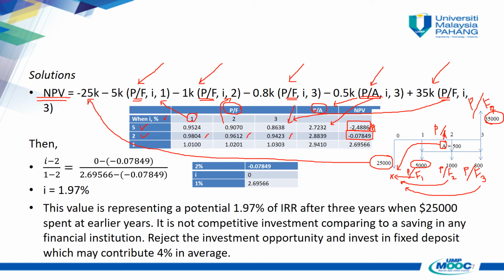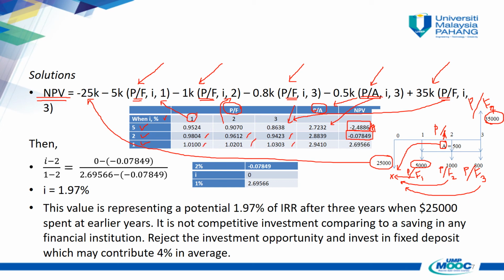However, we know that the value is almost near to 0, so we directly know this is not a very good investment. However, for the sake of learning, we try to use another value. In our case here, I try to use 1%. So if I use 1% and put in the values from the compound interest table for the first year, second year, third year,